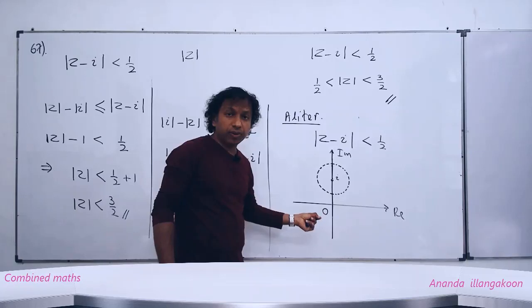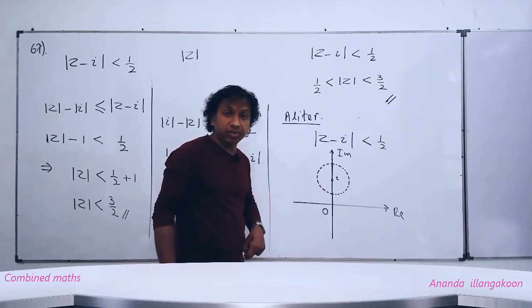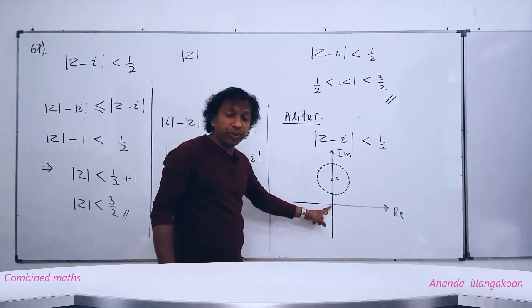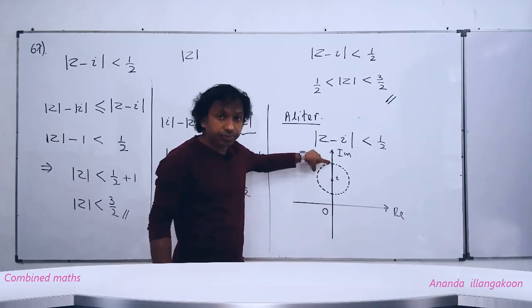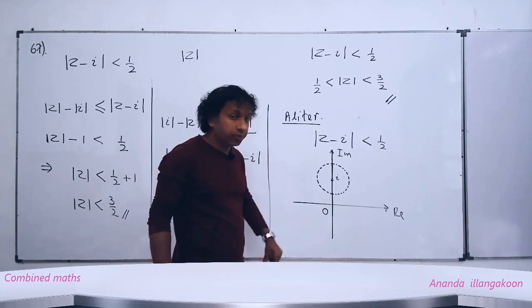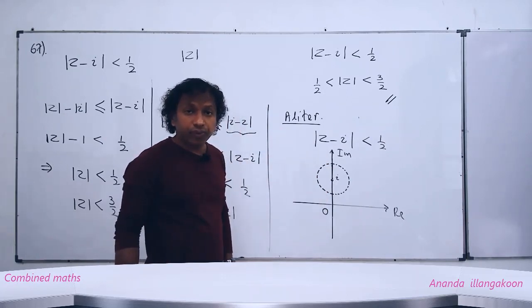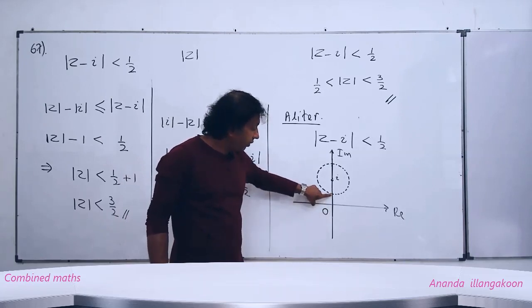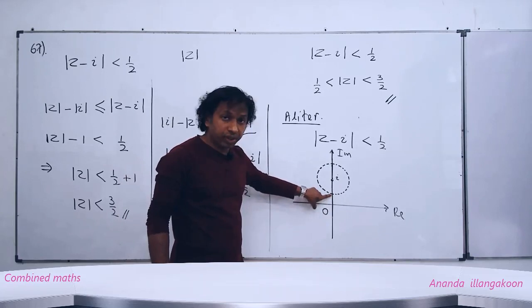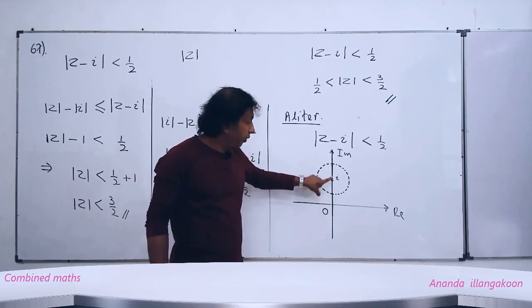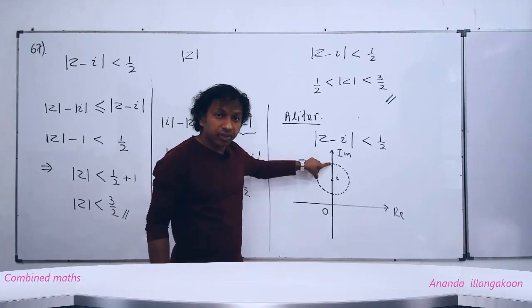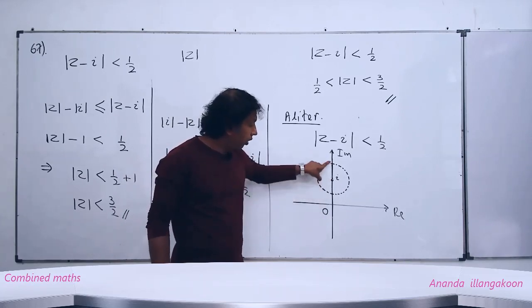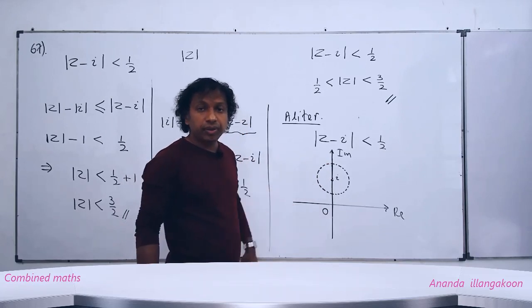That is to say, from an exterior point of a circle, the maximum length and minimum length to the circle. From this point O, the maximum length to the circle is this. The minimum length is this. So mod z minimum, when z lies here, the minimum length from origin to this point we get as half. The maximum length, from here to here 1, here to here half, is 3/2. Then mod z minimum is half,